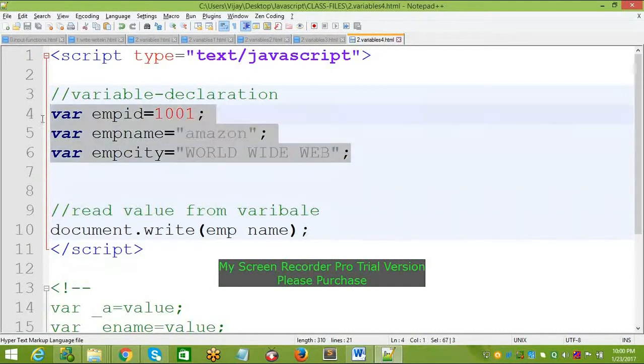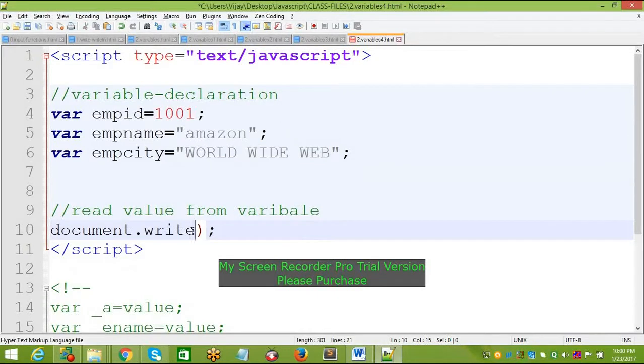These are three different variables, and I want to read the information of those three variables. Then I can call all the variables: emp ID, separated with a comma, emp name, separated with a comma, and emp city.